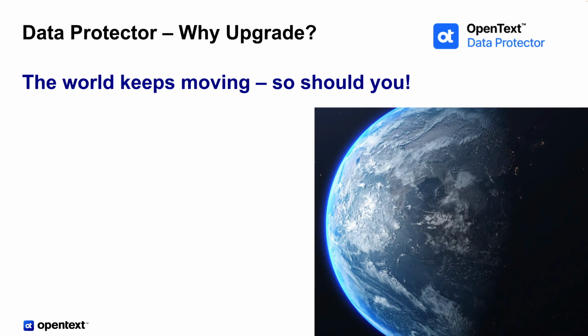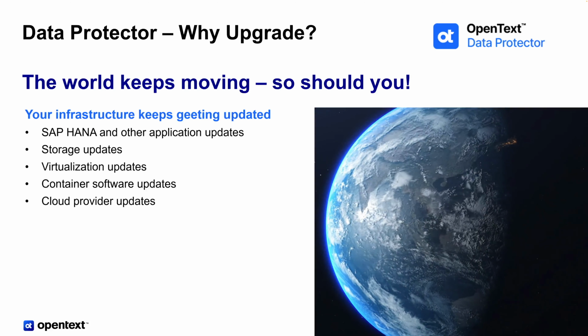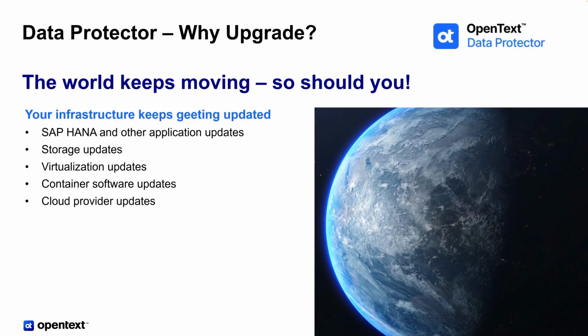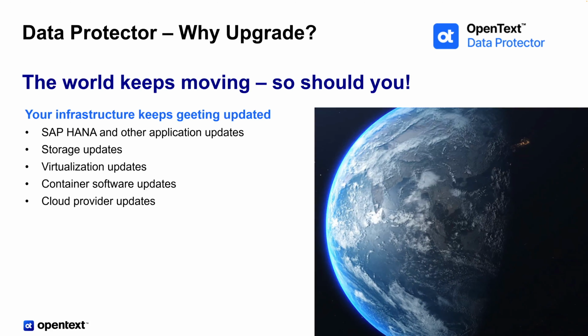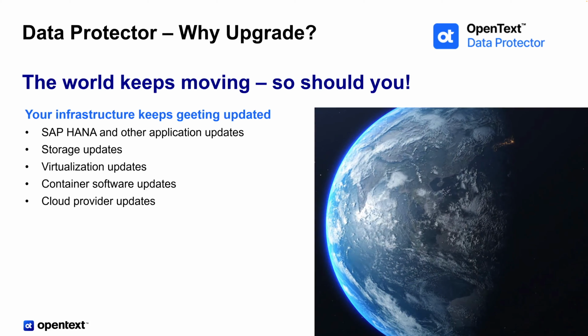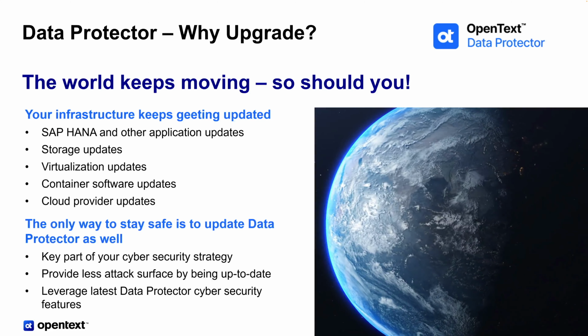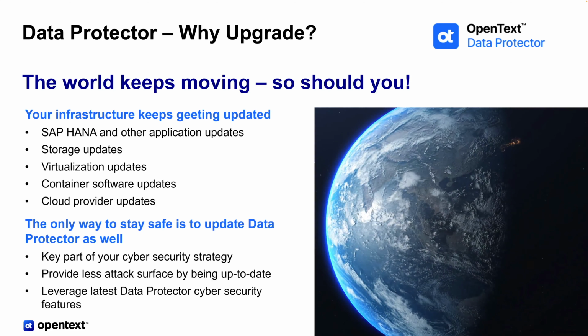In high tech, not upgrading is typically not a good approach. Your solutions are upgraded, your infrastructure is upgraded, including virtualization and containers. Cloud providers upgrade their infrastructure, and you need to keep pace with that. One thing is clear though, upgrades continue to improve functionality and capabilities while adding value to your investment, and the